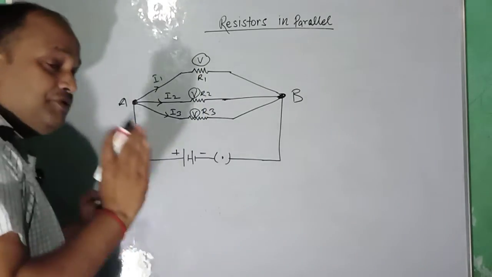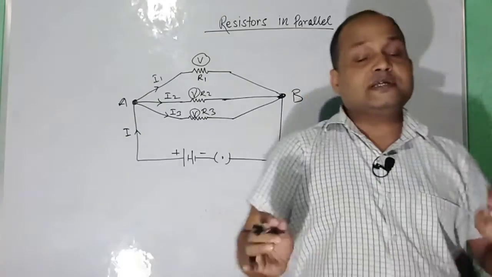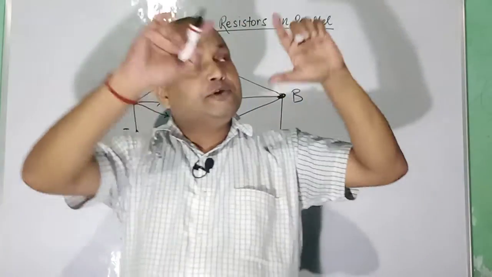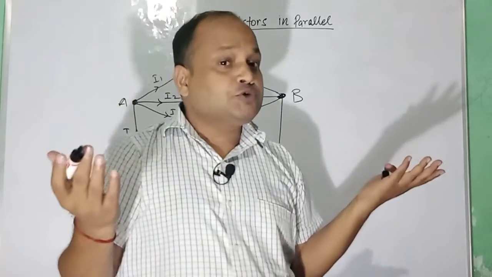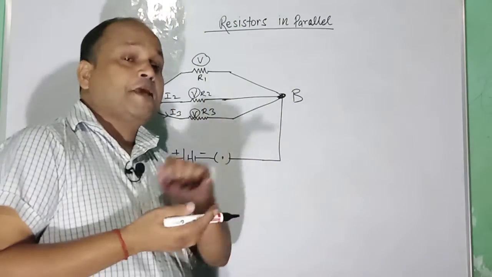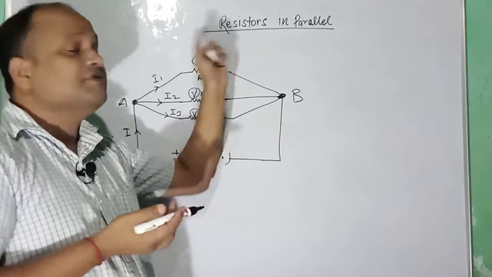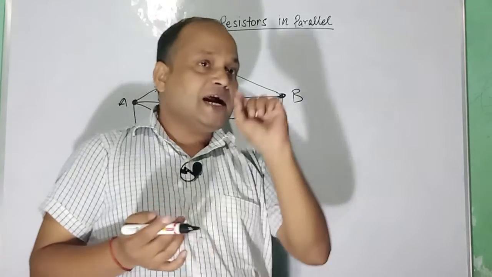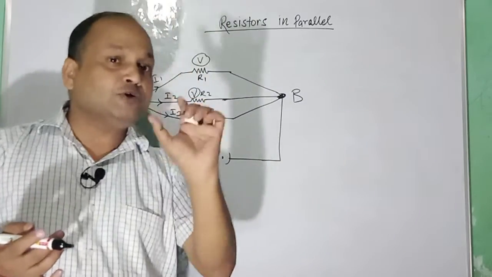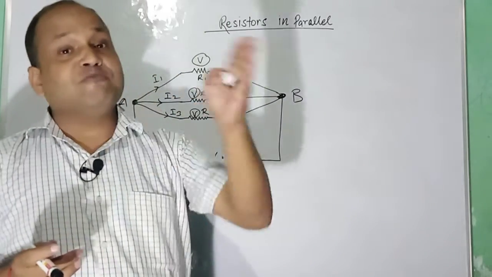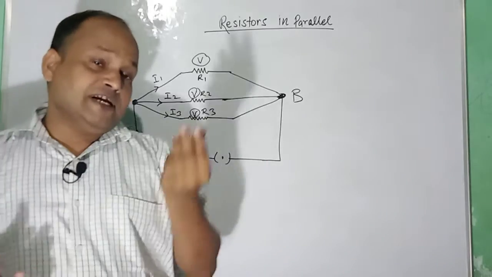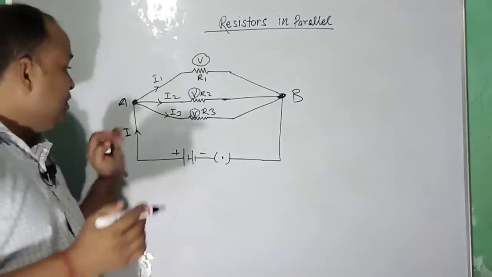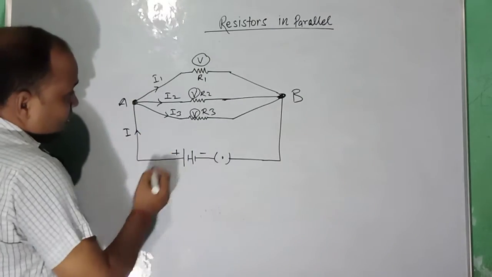It means if you want to have the same voltage, the same potential difference, at each point of connection in your household wiring, you should opt for parallel combination of resistors, because in this way at every switch point, at every plug point, at every point in your switchboard, you will get the same voltage. Whether you are using a small device or a larger device, the potential difference will be the same.